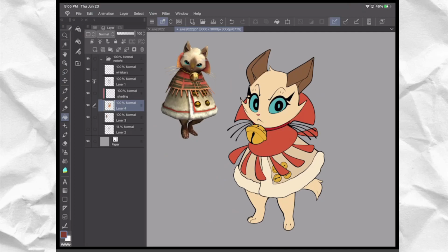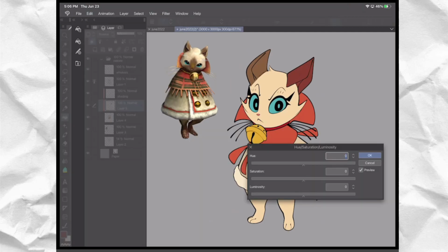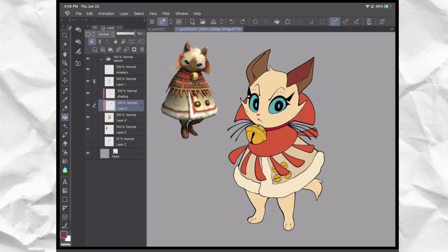I would say color all your different colors on separate layers before you merge them together, just so you can edit them easier. Like I make a separate layer. I want to color the ear this color, right? Color it that color. Then I can just go to Edit, Tonal Correction, Hue, Saturation, Luminosity, and I can change the color pretty easily from there. As opposed to if it was all on one layer,